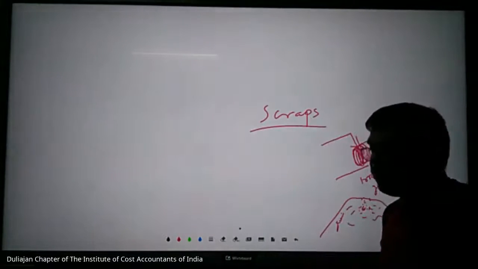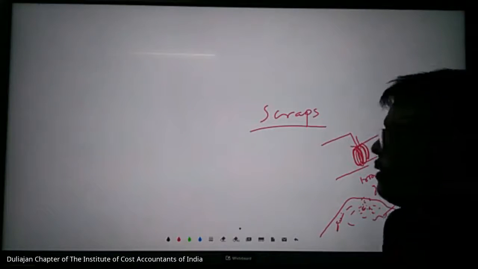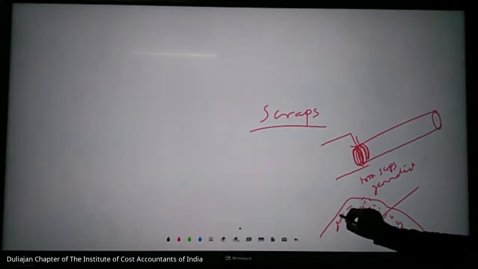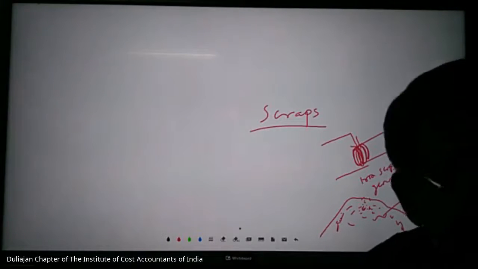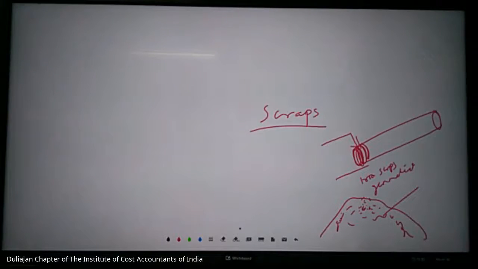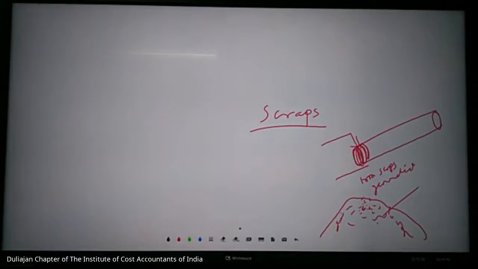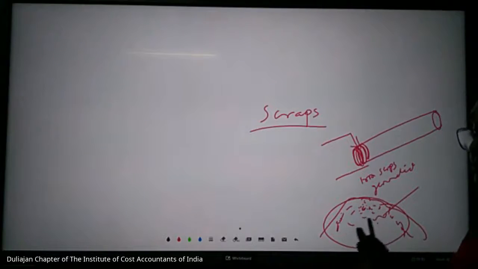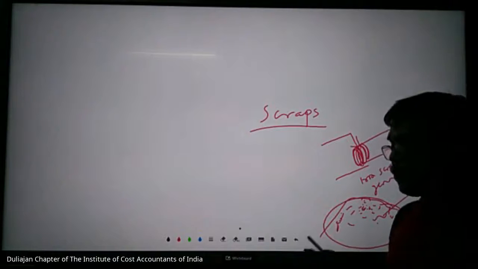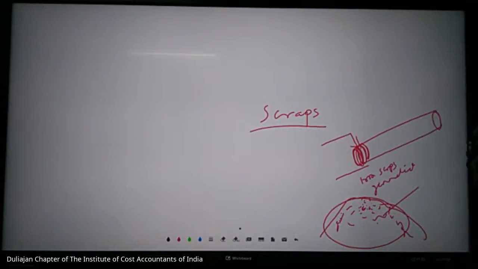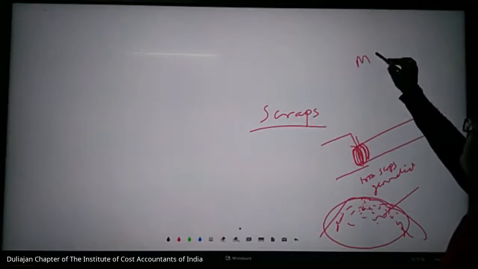Generally, in the normal course we ignore it, but if the items are very costly, like you see a goldsmith. A goldsmith cannot throw away the scraps. The gold scraps he will collect and value, and that also he has to take into account for preparing his cost of jewelry. So sometimes it is a very good market value. We have to take into account the proper residual value or proper marketable value. We have to take into account how much we recover from the main material